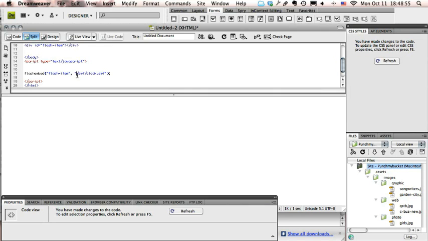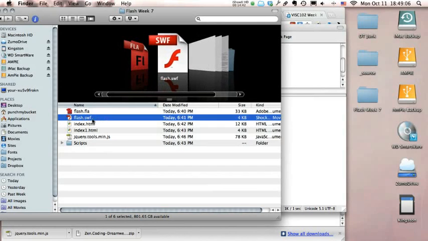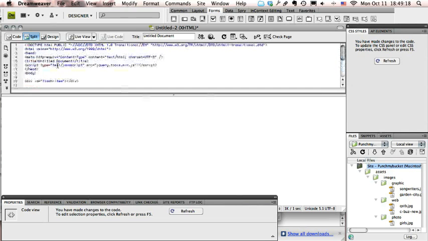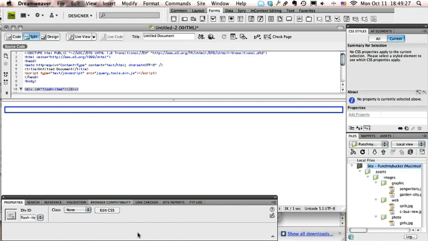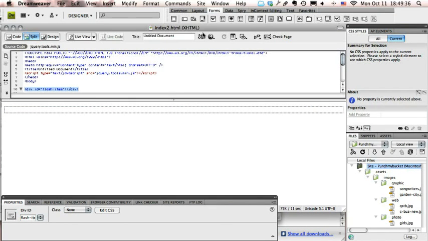And then it's going to ask for our file. So ours isn't inside of a folder called Swift, so we're just going to call for flash.swift because that's the name of this file right here. And it's going to be in the same folder as our HTML file, so we don't need any slashes or any other folder names. After we've done all that, we should be good to go. So let's go ahead, and you'll notice right here it's just a blank div, so when we click on it we won't get those options because it's not an actual Swift. So let's save that, call it index2, and when we preview it,